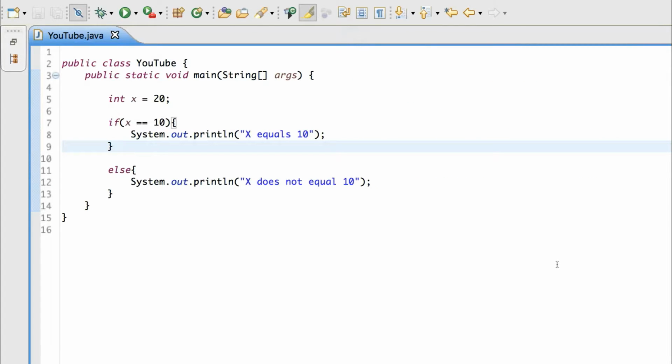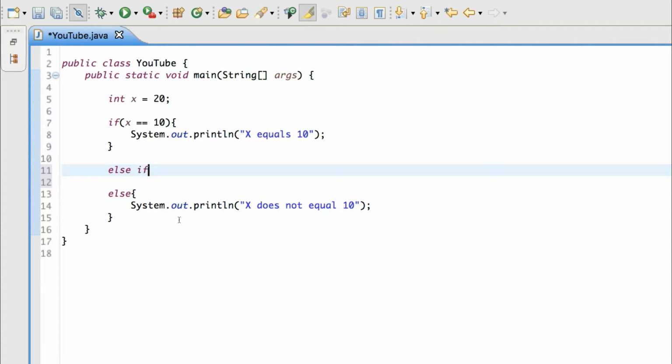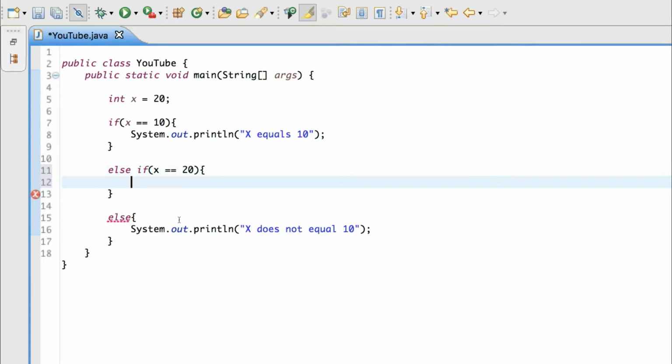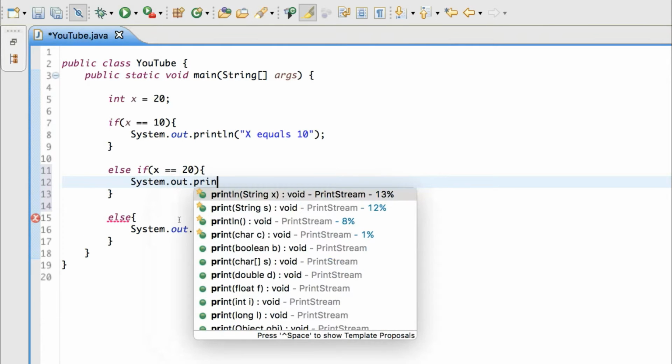And in Java, you don't have to have just an else statement under if statements. You can have things in between that connect the if and else statements. You can say if x equals 10, which we know is false, you don't have to just have an else. You can say else if x equals 20, then system.out.println